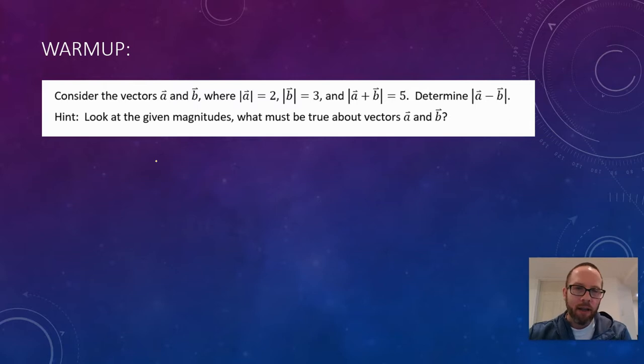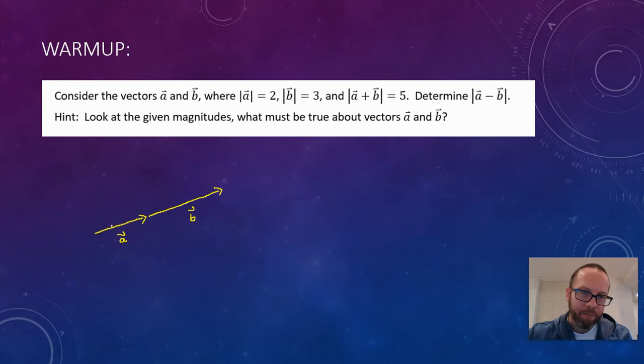So the key is that if the magnitude of A is 2 and the magnitude of B is 3, and the magnitude when you add them together is 5, they have to be parallel, going in the same direction, right? So that for A plus B, their magnitudes would just add. This is the way it has to be, because